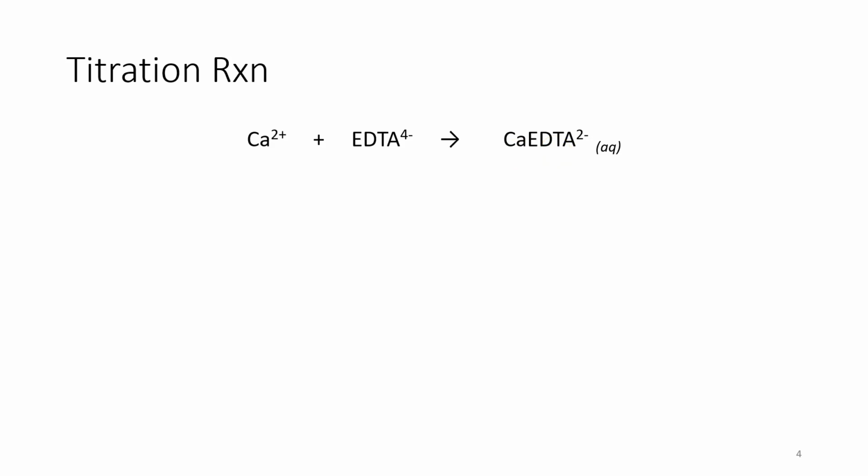Now, I'm not going to go over the calculations in gory detail in this video, but I'll just try to get you started. You will know the molarity of your EDTA solution, and you will know the volume of EDTA solution used, remembering that molarity is moles per liter. If you multiply by liter, that'll give you the moles of EDTA used in the titration. And looking at your stoichiometry for every 1 mole of EDTA, that's 1 mole of calcium ion,